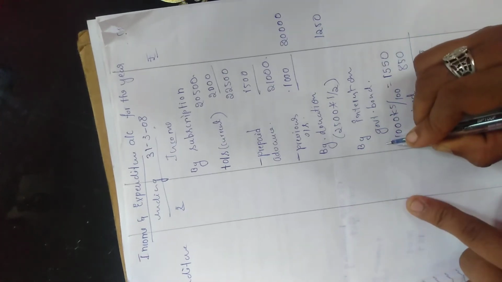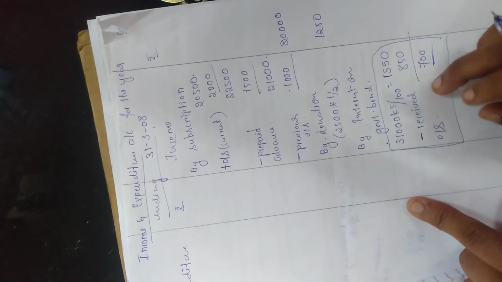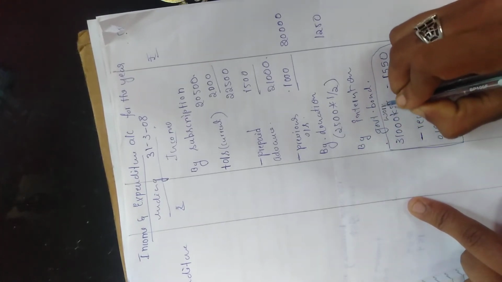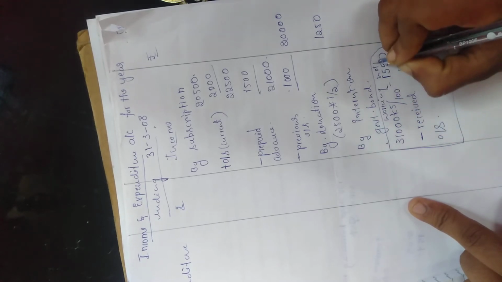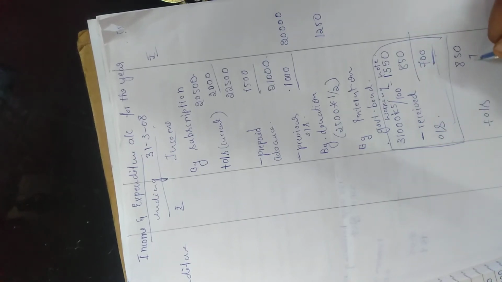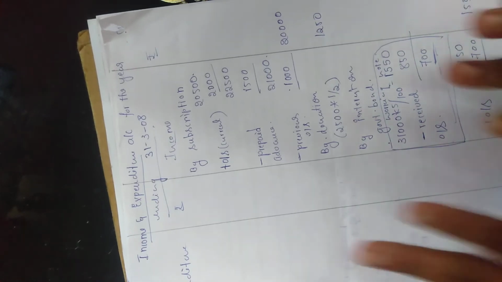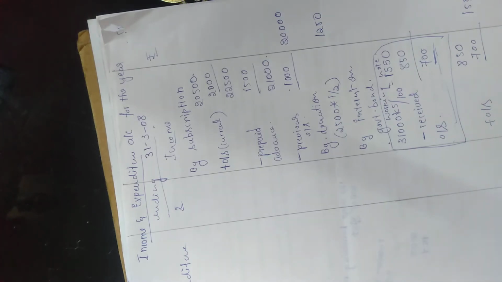Write down the received interest. This is the working note. Remember, this particular thing is a working note; you can write it separately. So now write the interest received is 850. Now we calculated the outstanding, that is 700. Add this particular amount, 850 plus 700. What is the amount? 1,550. Okay. This is the income side, and there are no other adjustments. So let us now prepare the expenditure side.